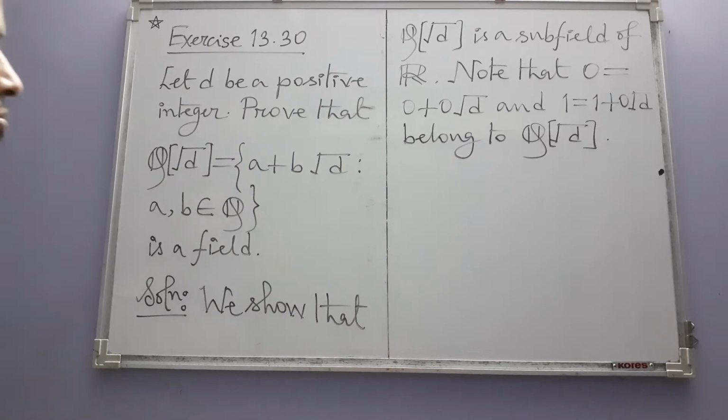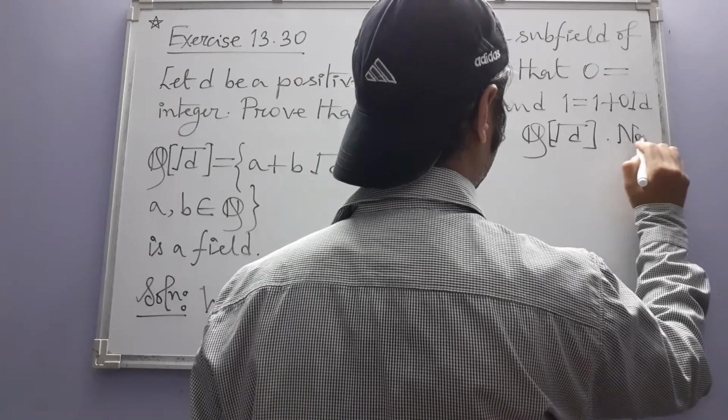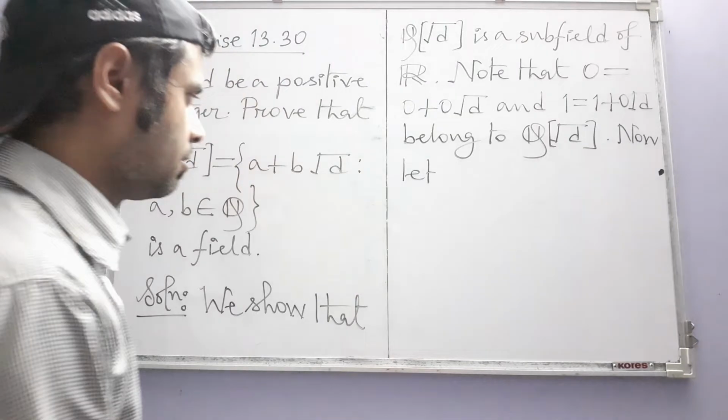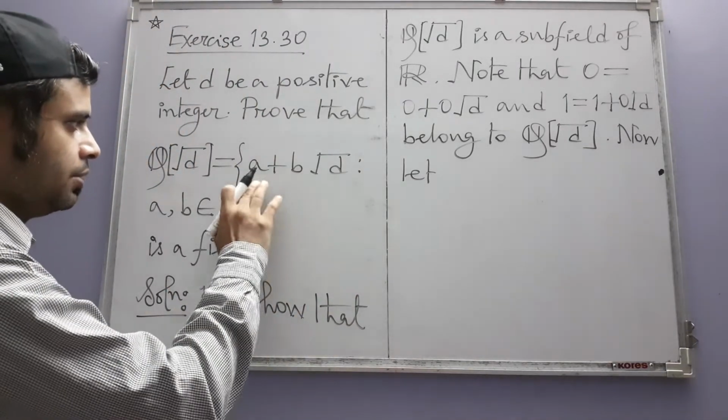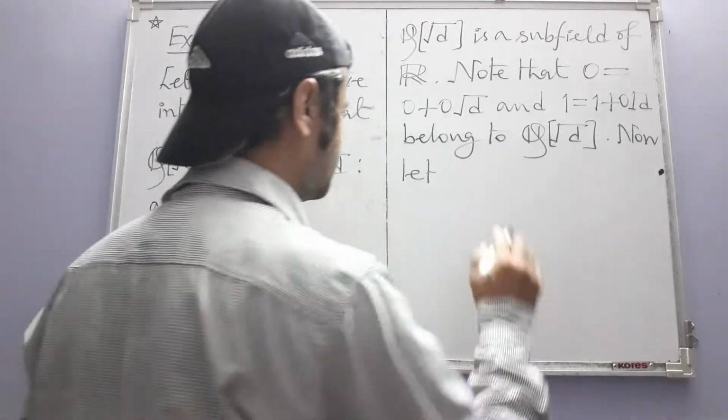Now we cannot just simply write A and B. We have to write the proper form of the elements. So let us write